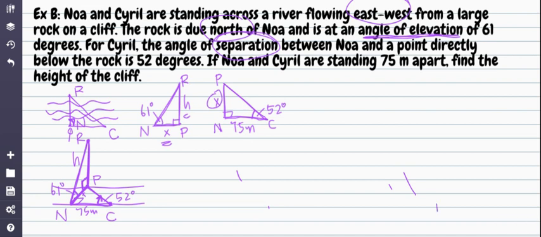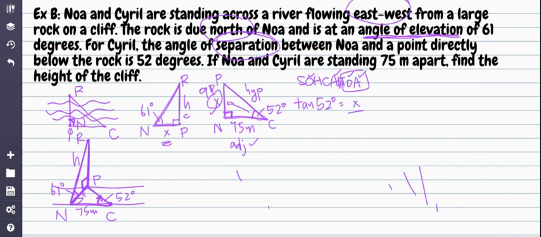So again, I'm going to use 52 degrees. X, you can see, is the opposite. And I'll label it. And 75 meters is the adjacent. The hypotenuse is across from the 90, of course. So I know the adjacent and I want to know the opposite. So SOHCAHTOA. Oops, I can't spell. SOHCAHTOA. I know the opposite, or I want the opposite. I know the adjacent. So tan is the one. Tan 52 degrees